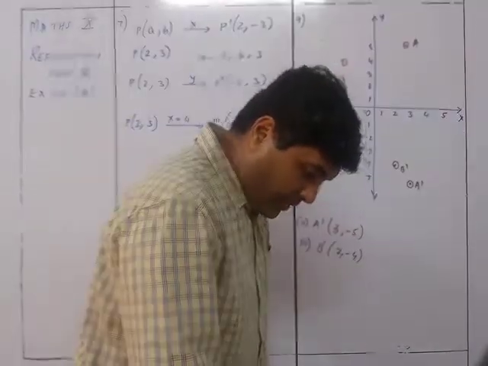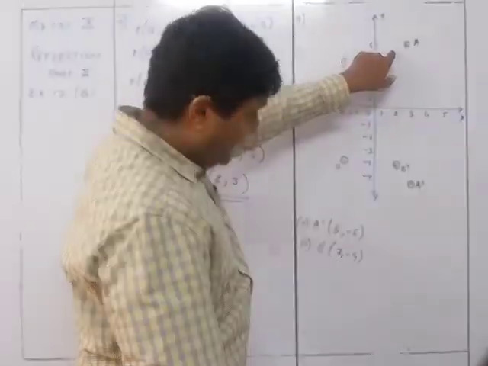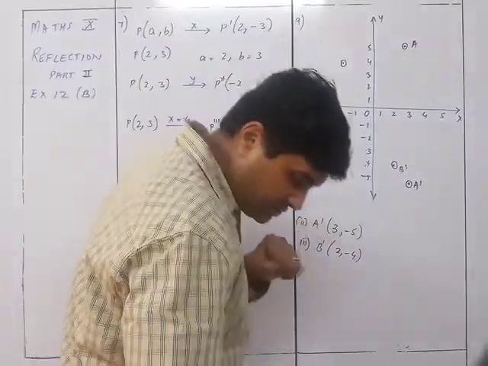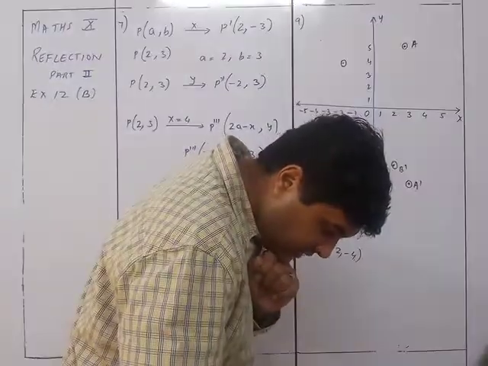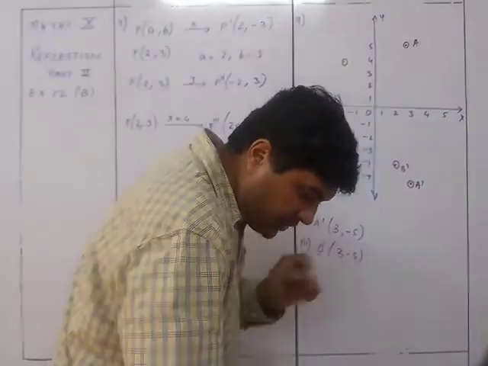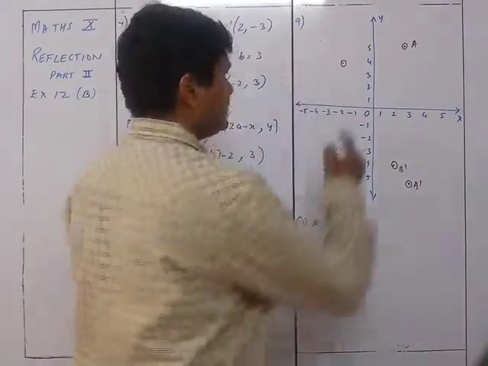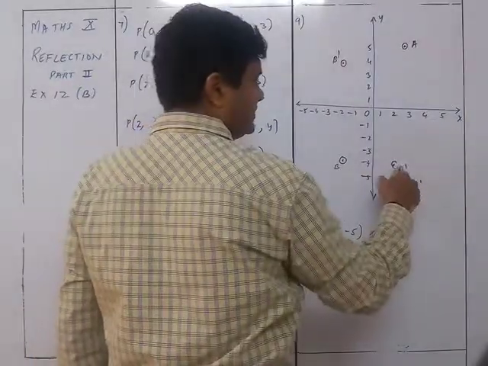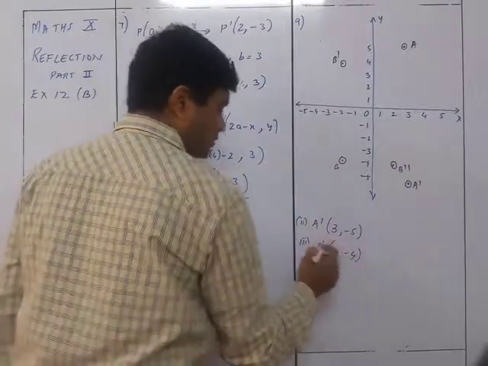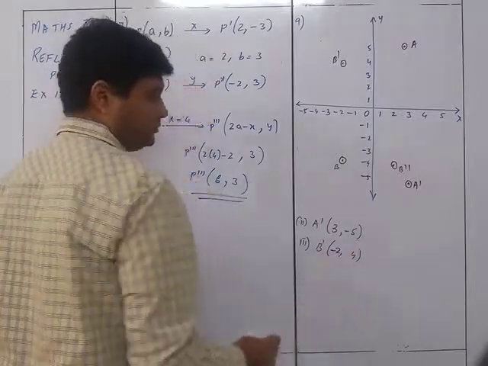Write down the geometrical name of the figure A dash, B. One sec. B dash is the image of B when reflected by the y-axis, followed by the reflection in the origin. So they are given that this is B dash. This is only reflected by the origin, but they never gave the name. We can keep it as B dash dash. So the earlier B dash is nothing but minus 2 and 4, not to get confused.